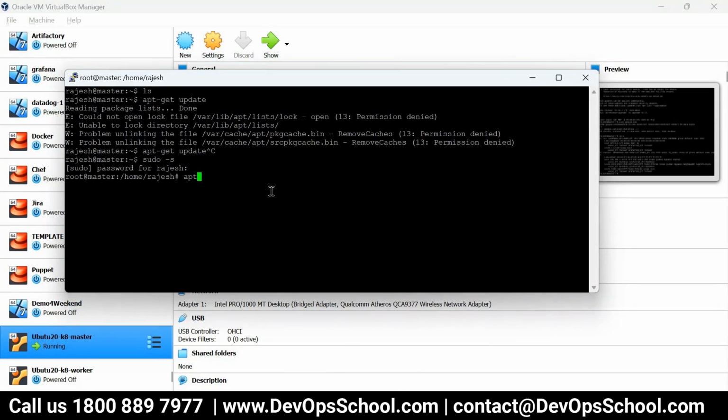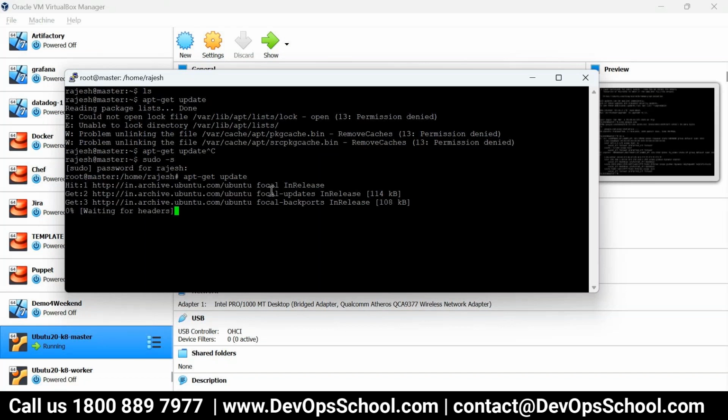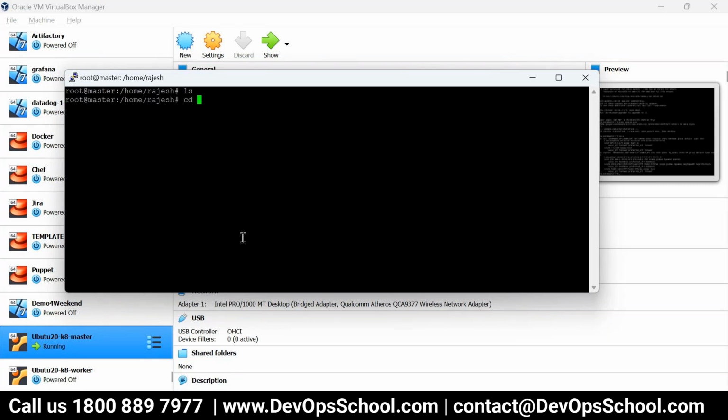Let's not spoil this update. I'm updating here, and this should be done faster. So there's no problem in the internet connection, which is a relief. So let's run this command again, the same command.